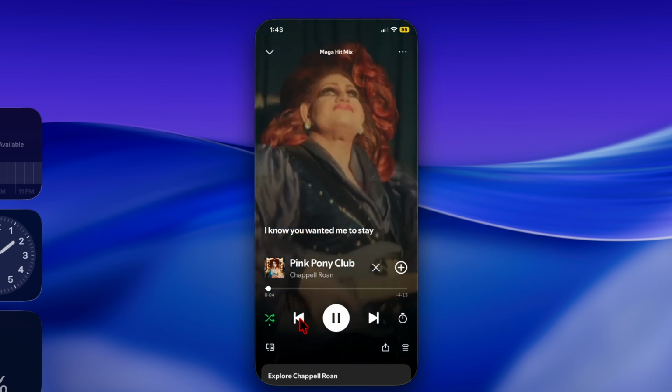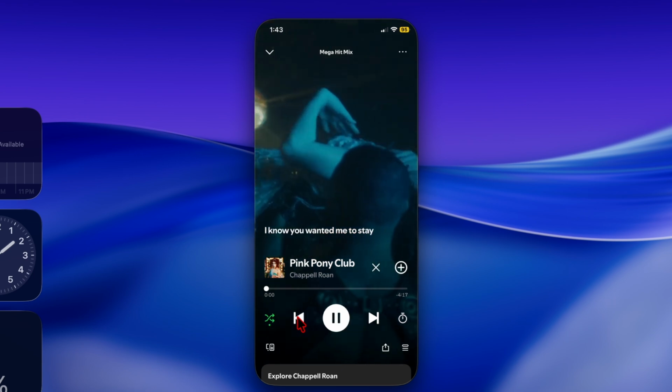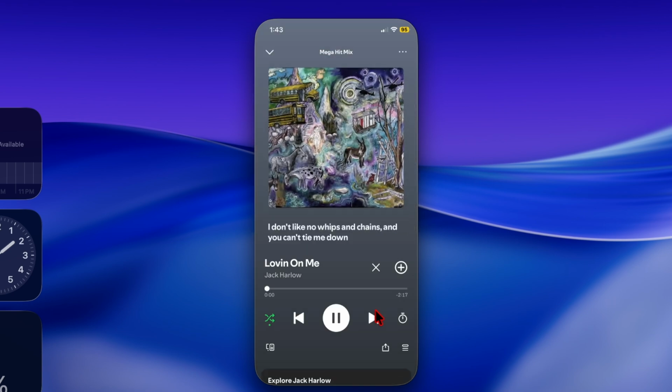By managing what's influencing your taste profile, you can keep Spotify's recommendations more aligned with the music you actually enjoy listening to every day. Now that you have unlocked this pretty handy but hidden feature, make the most of it